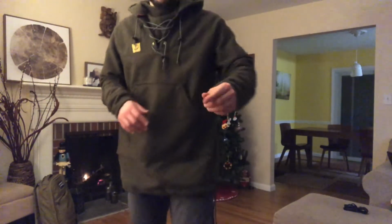And then when you layer this, this is where this thing really shines, right? You layer this on top of a fleece, and it's incredibly, incredibly warm. I've had this out in some pretty cold temperatures. 20-ish degrees. It hasn't been terribly cold so far this year. I've had it just for fun. I threw my fleece on, my down jacket, and threw this on top of it, and it was like a flippin' inferno. Again, I do a lot of winter camping, the past few years, been out in deep snow, single digits,